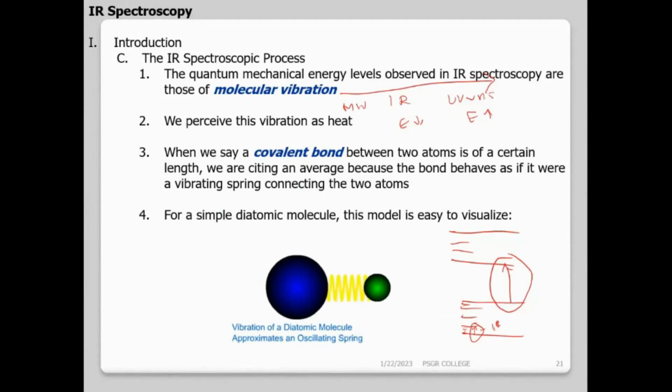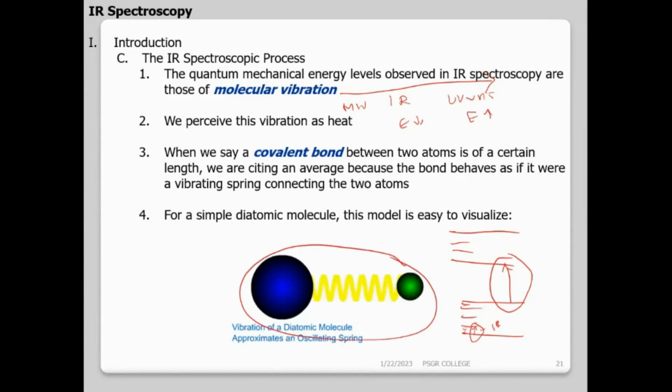Now when I see a molecule, these molecules are made up of bonds. I'll be having covalent bonds, ionic bonds, whatever. They'll have different bond lengths, and generally the bond length is an average bond length, because every atom in the molecule is attached to a bond. They behave like a spring. Why a spring? Because the molecules are oscillating like a spring. The animation given here shows an oscillating spring. The molecules are vibrating, expanding and compressing. Expansion and compression both keep happening. Okay, this is how you should visualize the diatomic molecule.